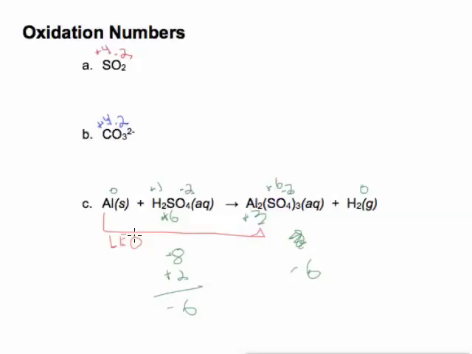And the other one that changes is hydrogen. It goes from +1 to 0. So it is gaining electrons. The other line says GER. If you are doing a single displacement reaction, it's always going to be the stuff that's single on either side. It's going to be